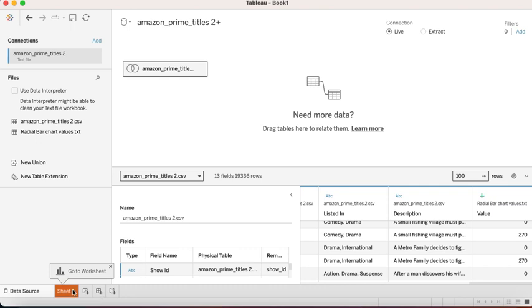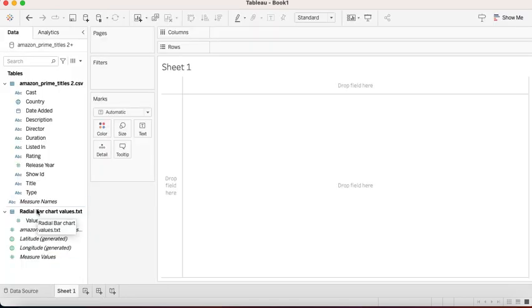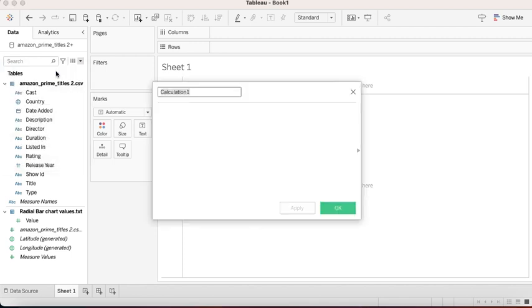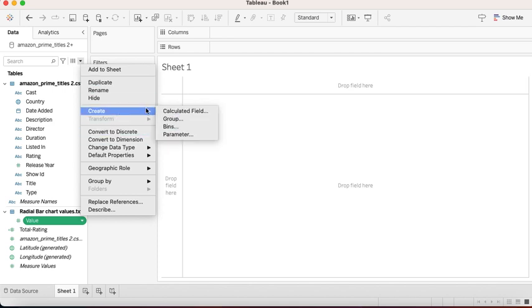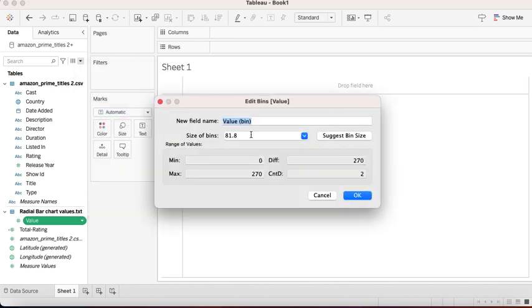Now after that we'll go to the sheet, and first thing we have to do is a total rating. We will create count distinct of title, which will only bring the values that appear once. And after that we have the values 0 and 270, so we'll create a bin. This will convert these values, and we will make it start from 1 because the index starts from 1. We'll give the name path,